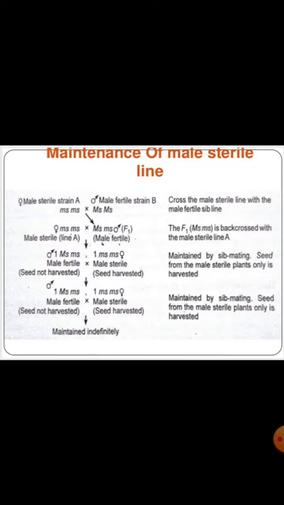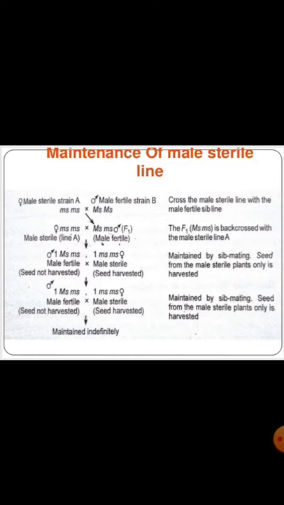So you can see, we cross the male sterile line with the male fertile sib line, where strain A acts as a female and strain B acts as a male. Strain A consists of homozygous recessive, that is male sterile lines, and strain B consists of homozygous dominant male fertile lines. After crossing these two, we get an F1 as capital Ms, small ms, which is backcrossed with